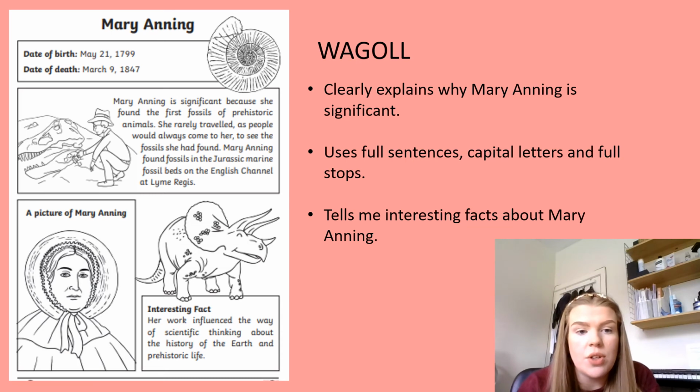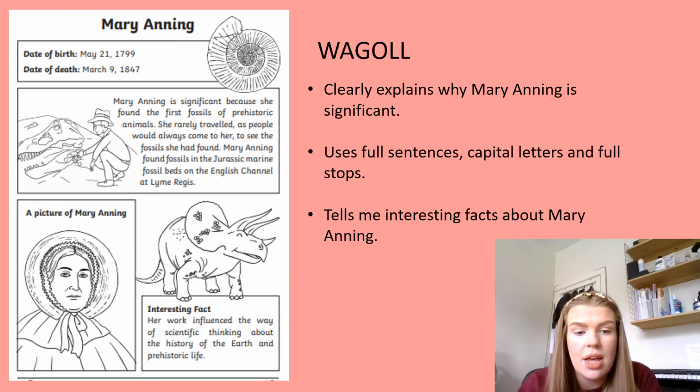She rarely travelled as people would always come to her to see the fossils she had found. Mary Anning found fossils in the Jurassic Marine fossil beds, which is on the beach. And they were on the English Channel of Lyme Regis. So I filled that in a paragraph. It was about 3 or 4 sentences of all the information I had found in that section about why she